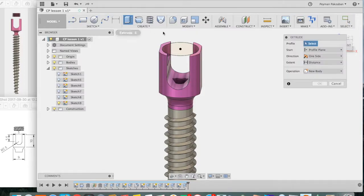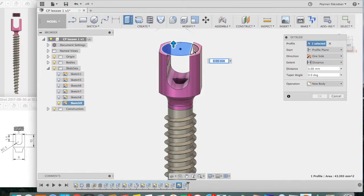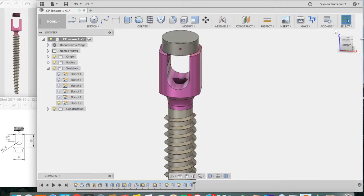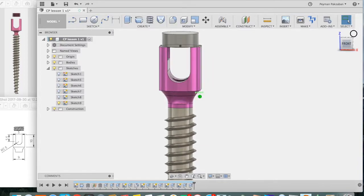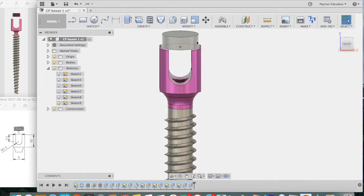So extrude, select both of these profiles. Let's extrude up 3 millimeters and make sure it's a new body and press OK. Now we're ready to assign our threads to the set screw and to the screw head. So go to Create,